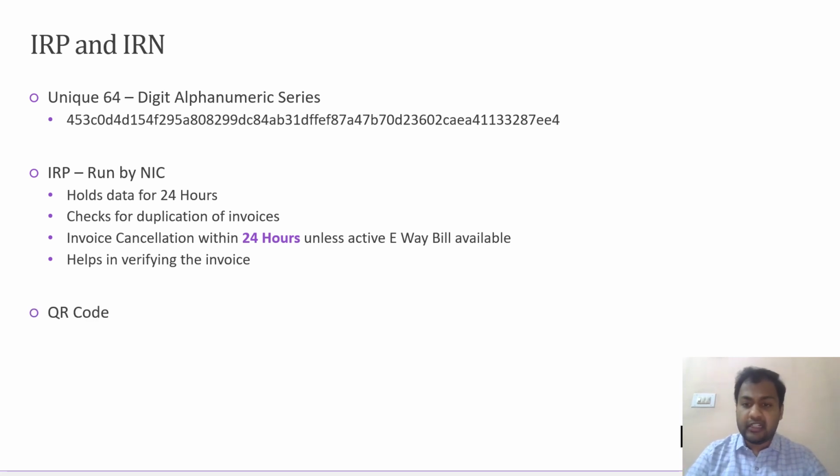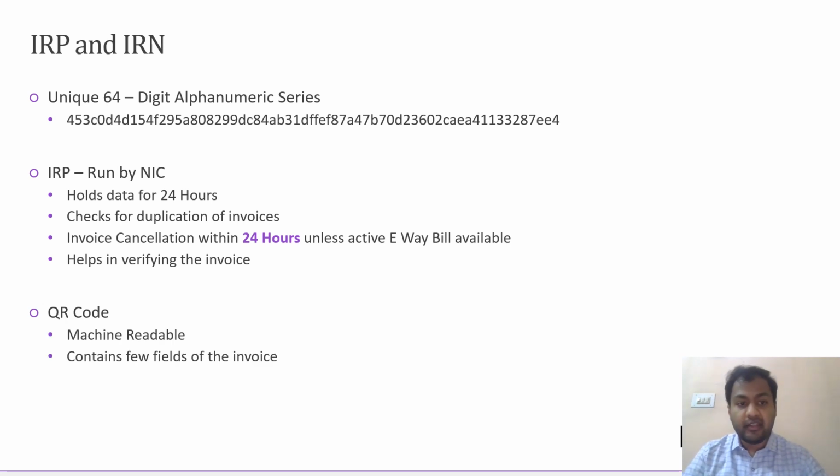Okay, then a QR code will also be given, and this is also mandatory to be mentioned. In fact, one of the fields when we scan this QR code is the IRN. So the 64-digit IRN may not be mentioned on the invoice if the QR code is there, but printing the QR code on the invoice is mandatory. Okay, it is a machine readable QR code. So if you have a QR code reader on your phone, you can place it on the invoice, and you will be able to fetch basic details like the GSTN of the supplier, the GSTN of the recipient, the value of the goods, and the GST charged on the same.